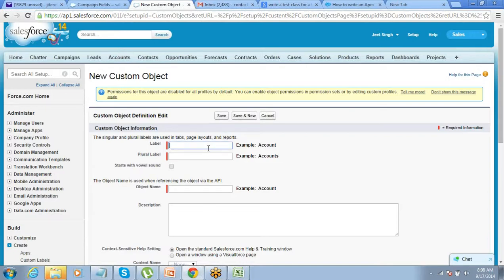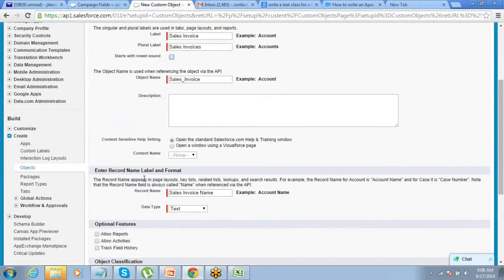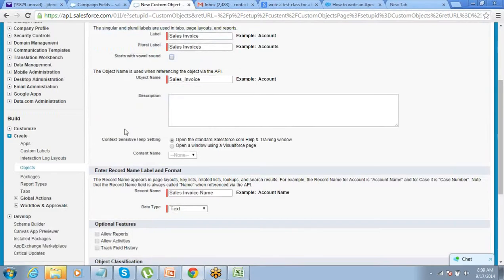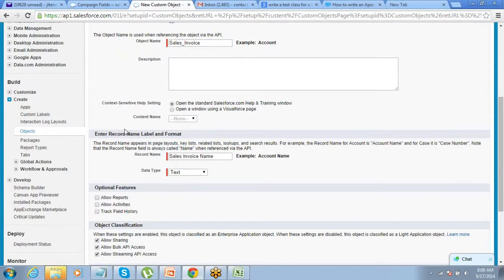Put a label and plural label for the object: sales invoice. As of now, just put a label, name, and plural label for it, and whatever the rest is, let it be there. Eventually, you will start understanding everything.